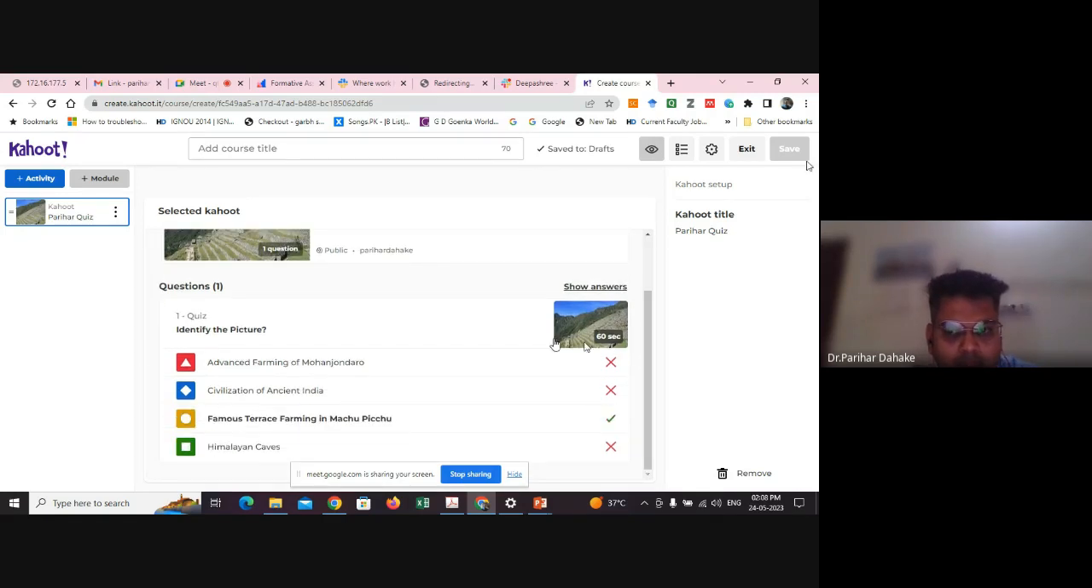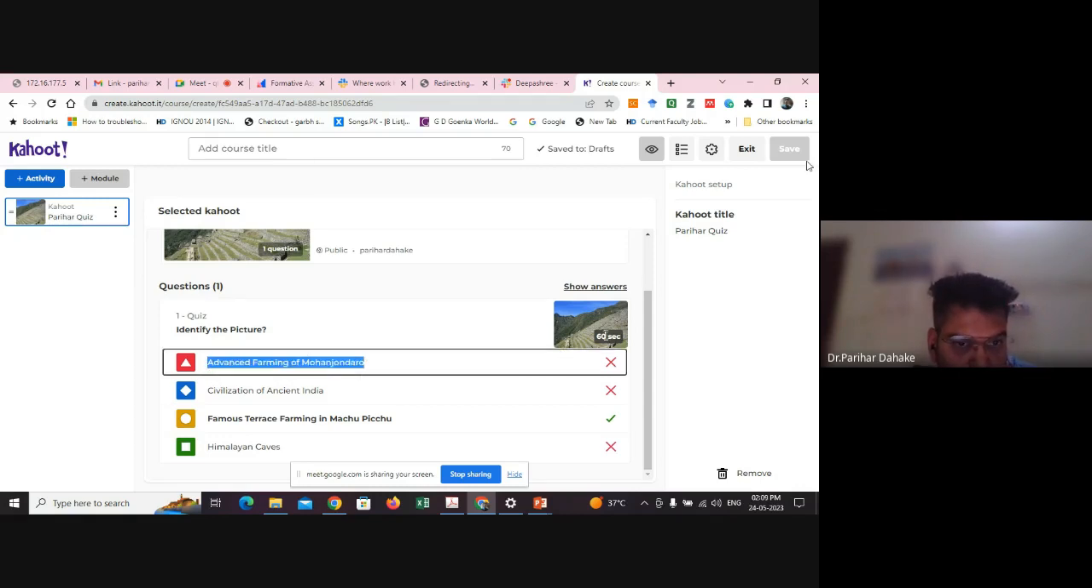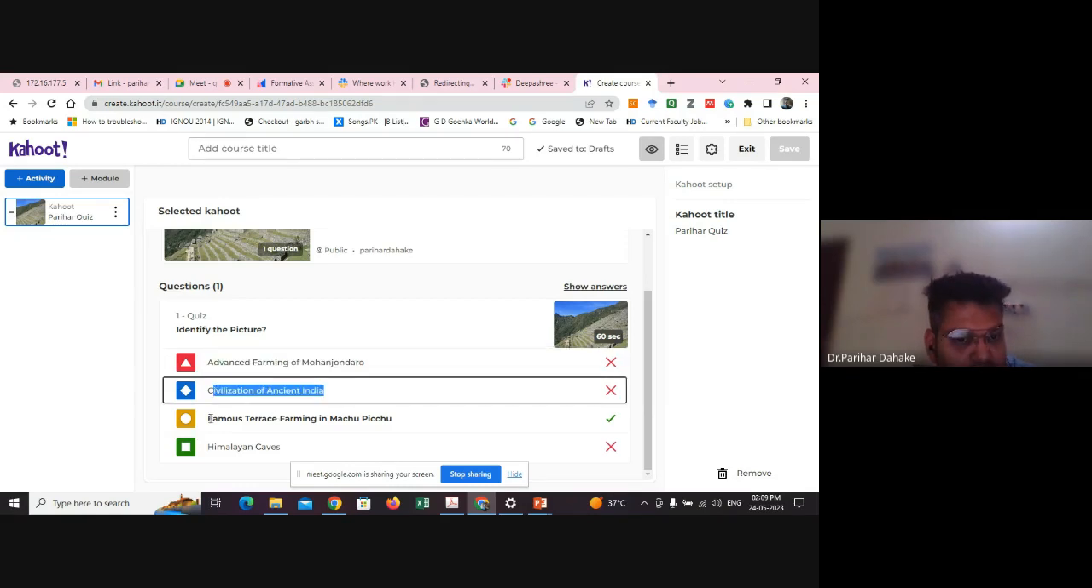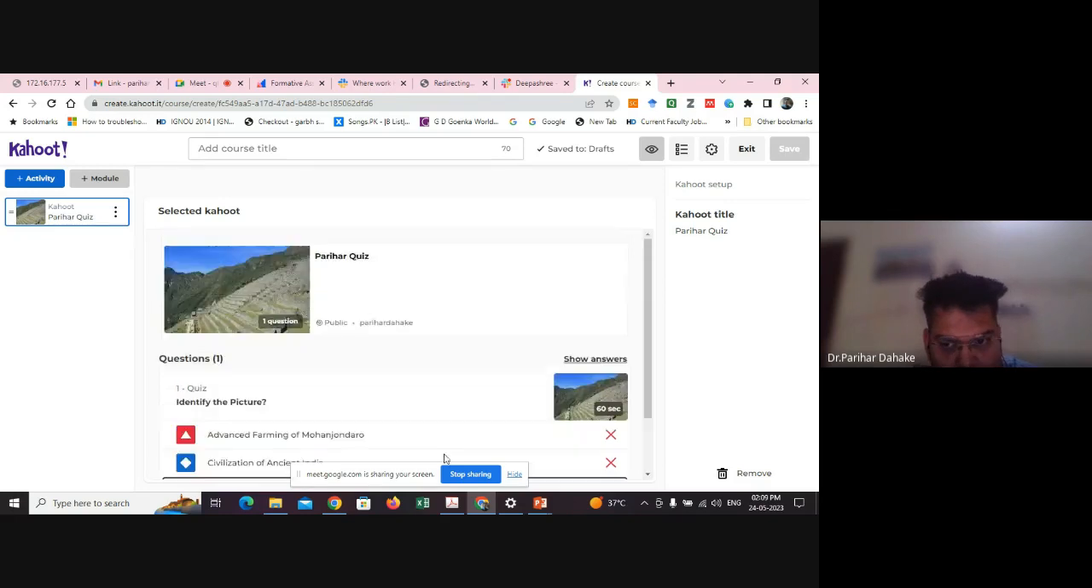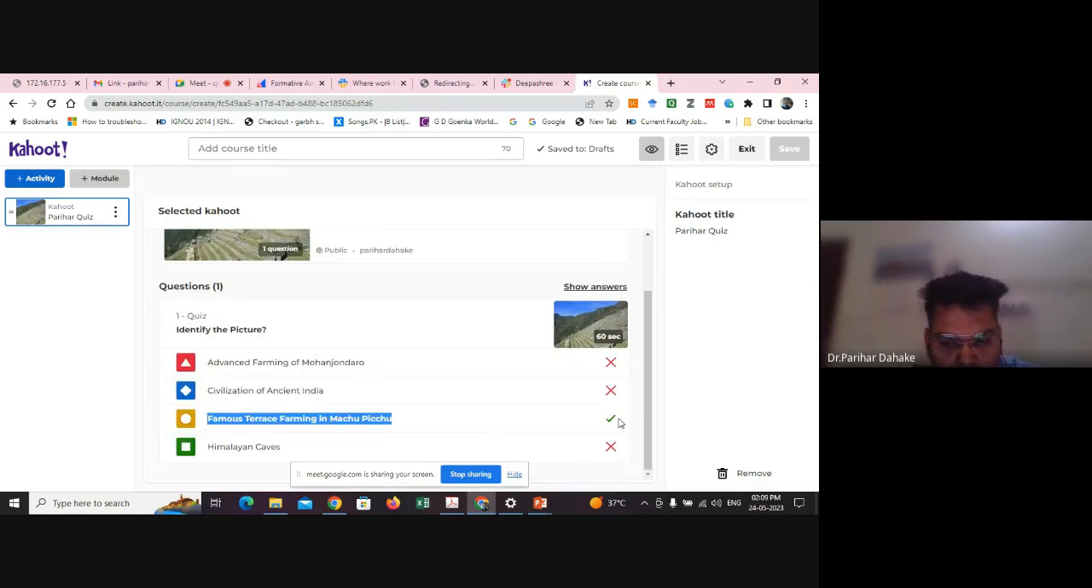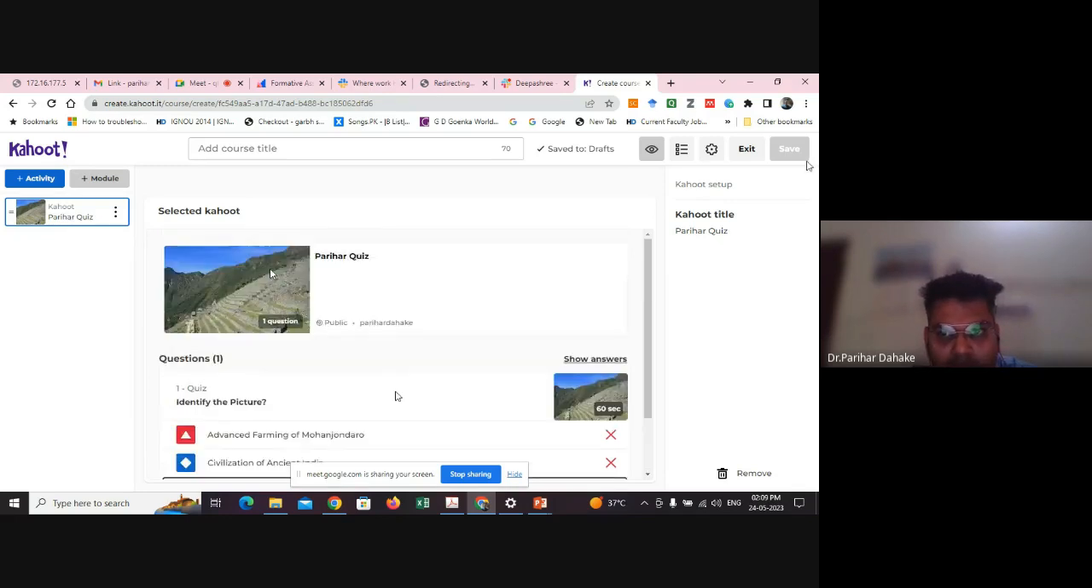You can enter the picture and you can enter their options. The picture, identify the picture. Advanced farming of Mohenjo-daro, civilization of ancient India, famous terrace farming in Machu Picchu, and Himalayan caves. You can set the right answer by this manner, and afterward